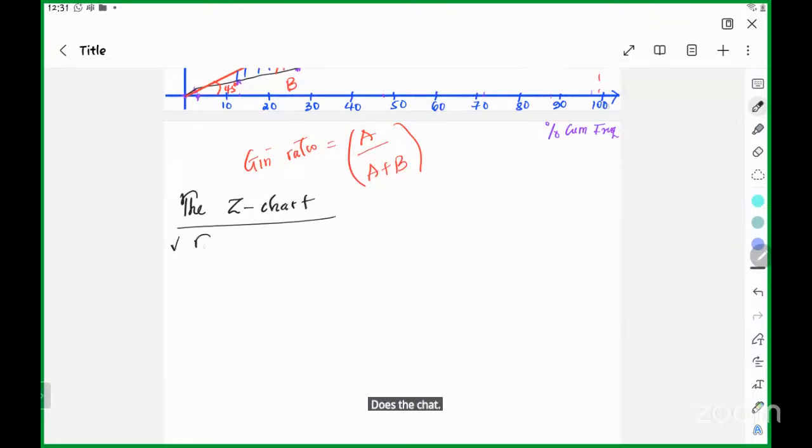So we are saying that this is a time series graph that illustrates